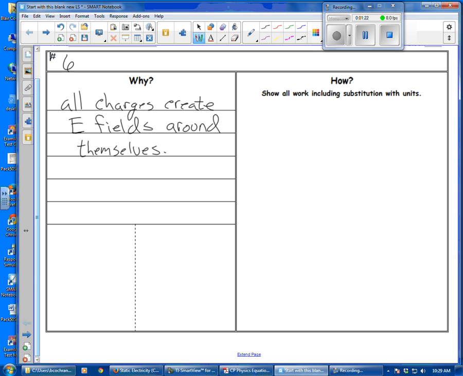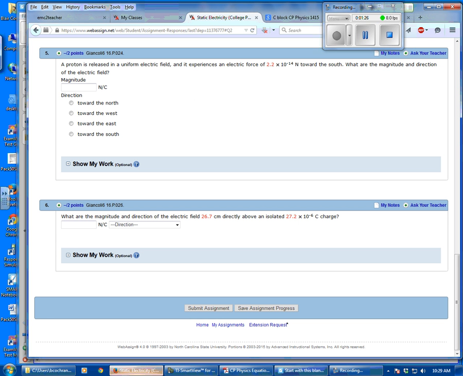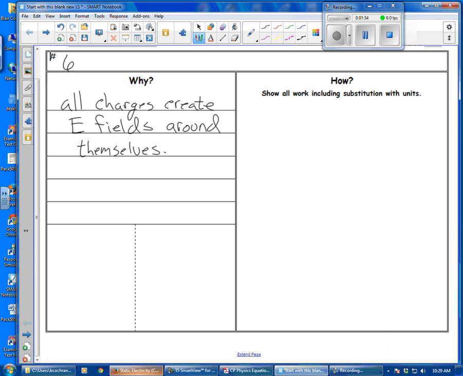And let's see, did they give us a positive or negative charge here? I've got a positive charge, so I'm going to say that electric fields point away from positive charges